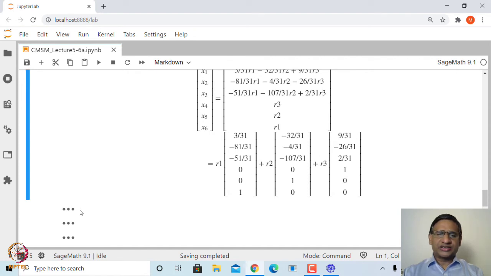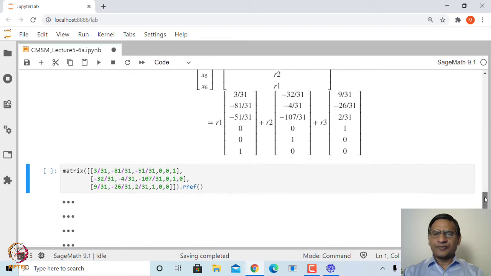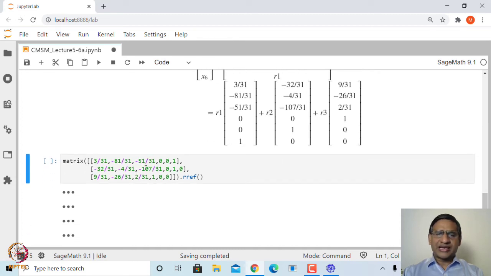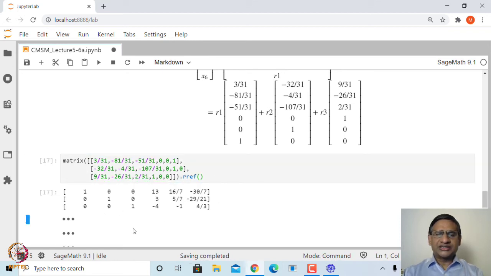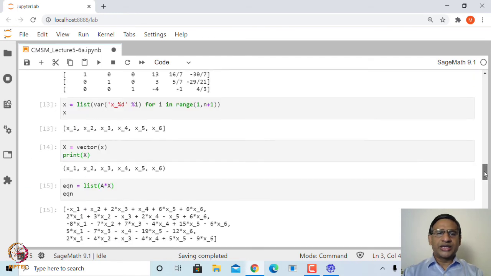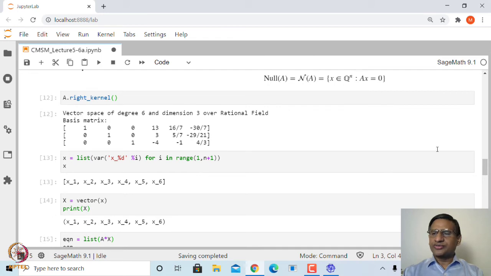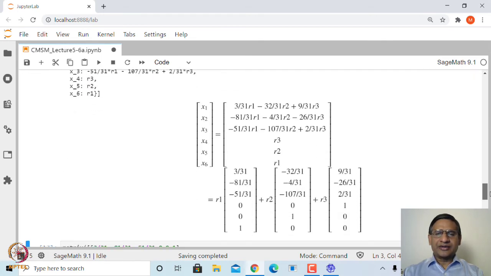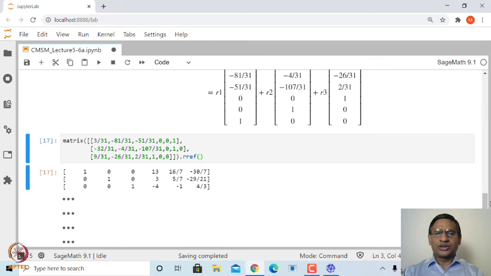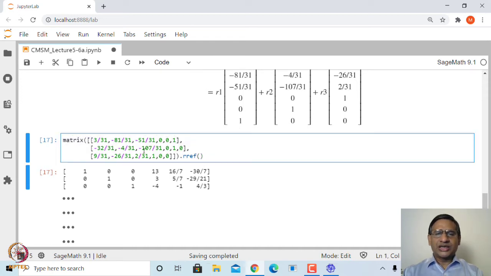Let us think of these 3 vectors as row vectors: this is the first row, this is the second row, third row, and apply RREF, and then you will see that it gives you a basis for the null space of A, and this basis is the same as what you obtained using the inbuilt function. So, you can see again that RREF is a very useful operation, and most of the computations that we have done can be obtained using RREF.